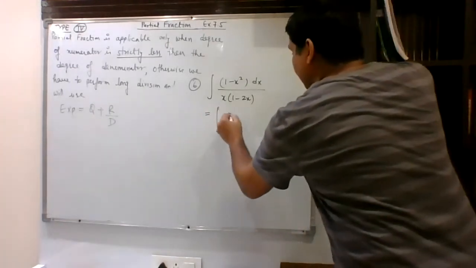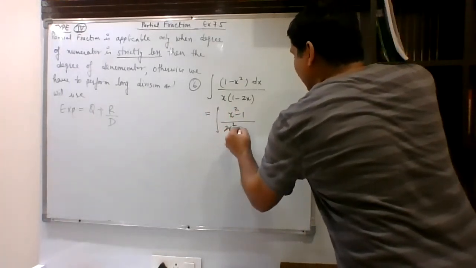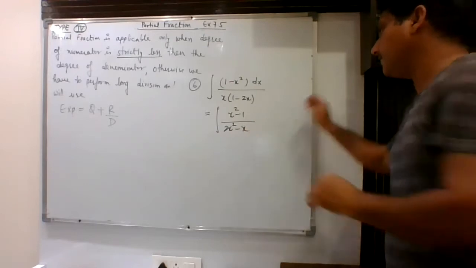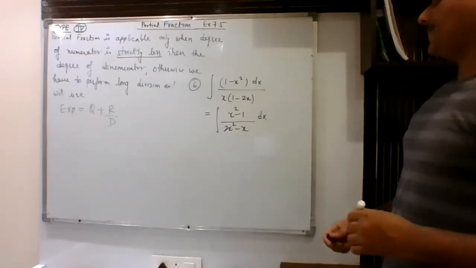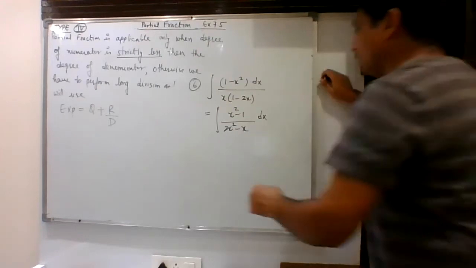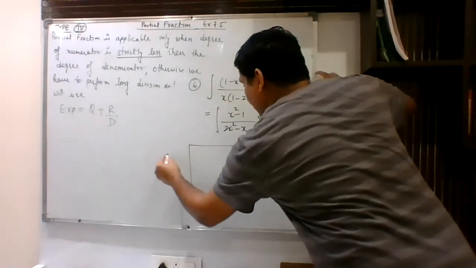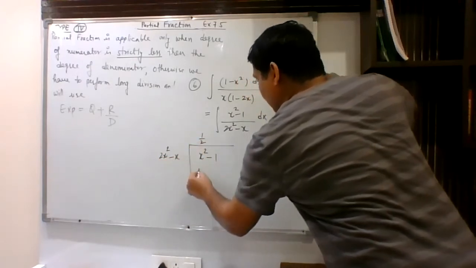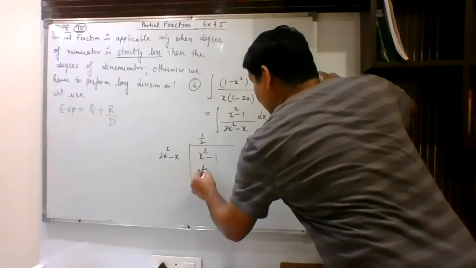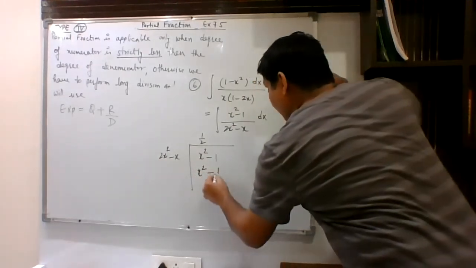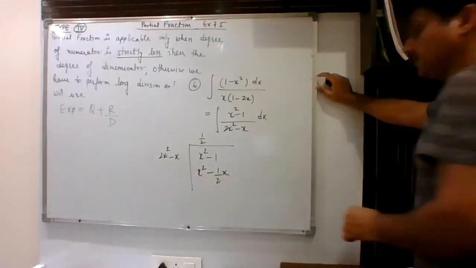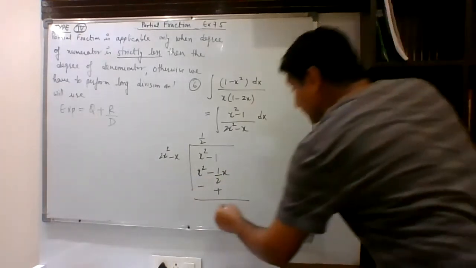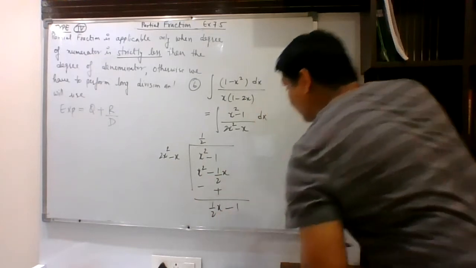First of all, I can write this as x square minus 1, and this can be written as 2x square minus x. So I had taken minus 1 common from numerator and denominator, then I can write in this form. I had just multiplied this also. So now let us perform that division. So when you divide, it will go with half x square, and then 1.2x minus 1.2x. So this is minus, this is plus. So I can write this as half x minus 1.